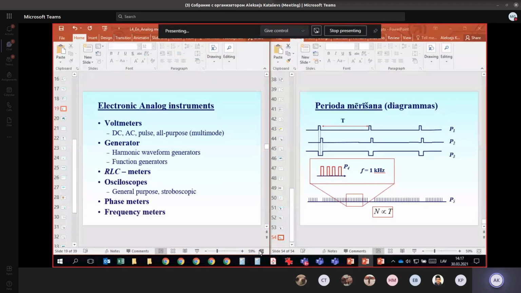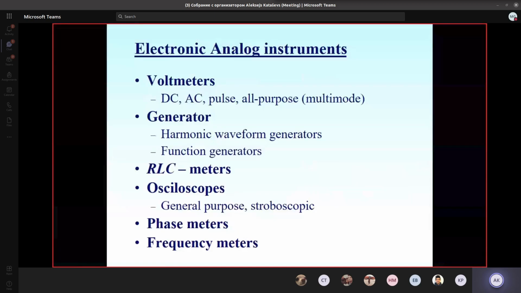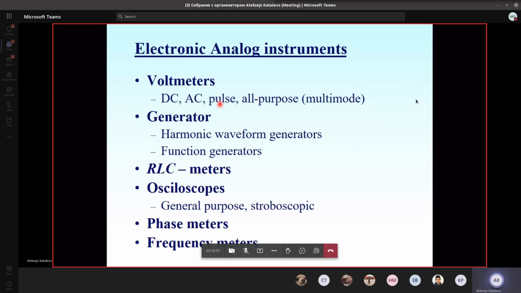So if we consider the analog instruments, what type of instruments actually are considered as electronic analog instruments? First of all, it's voltmeters or ammeters. Generally, there is of course a type of ammeter as a device. Both voltmeters and ammeters may be DC, AC, a special type of so-called pulse voltmeters that are